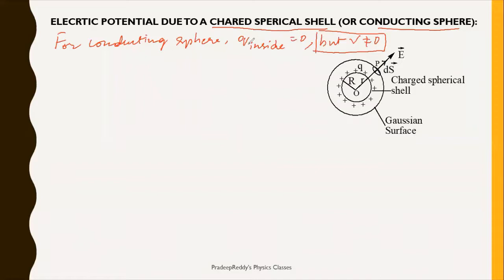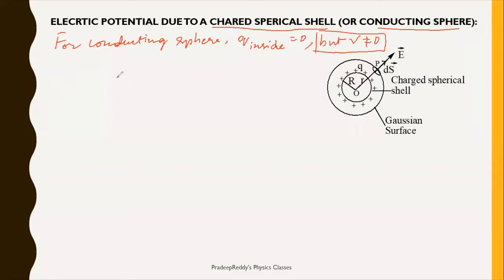So most of you feel that charge inside is equal to 0, therefore electric potential inside the sphere is also 0. But that is wrong. Electric potential is a scalar quantity. There is no question of cancelling inside the material. The scalar quantities are simply added, so that you will have a net potential. Now, in order to find out the net potential over here, what you need to do.